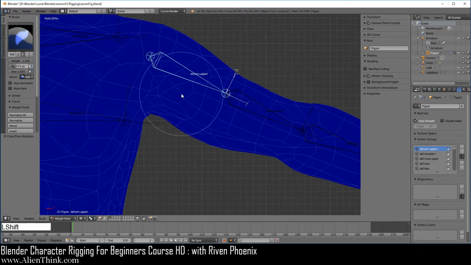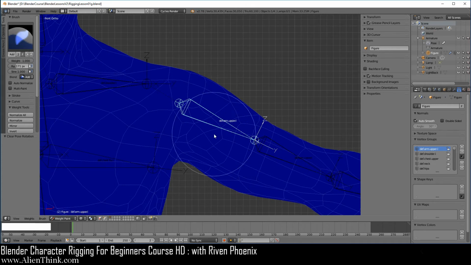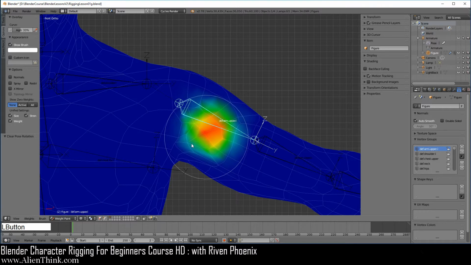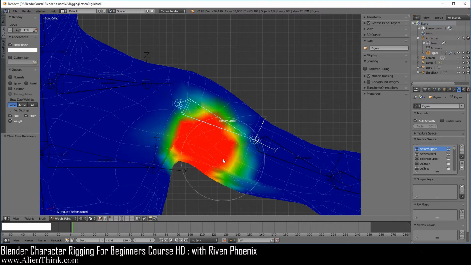Now when you're starting out, let's say you want to weight paint a different type of character without using the automatic weights. If you click over here, you'll notice that it's not going to do anything, right? This is because restrict is on. So you have to remember to always check over here and make sure it's unchecked so you can actually start to add the weights to these vertices. So that's how this concept works.